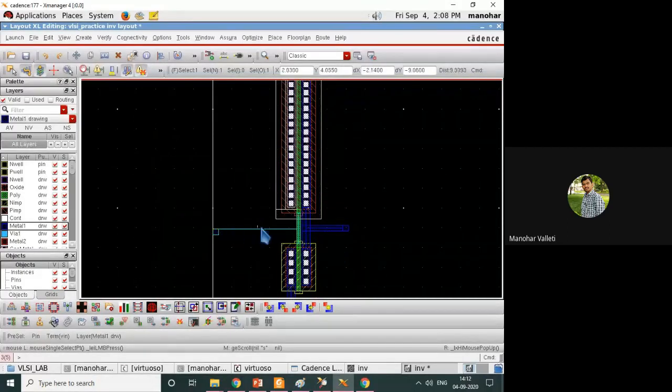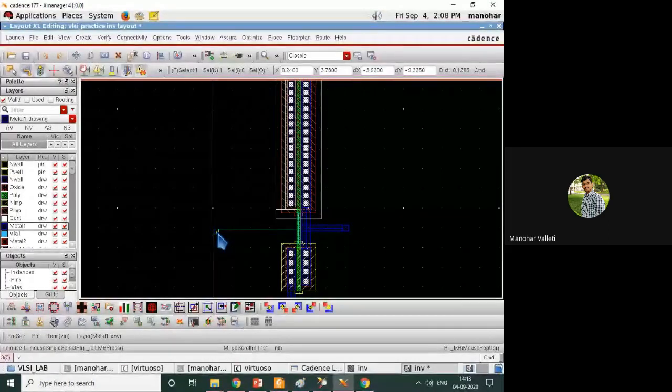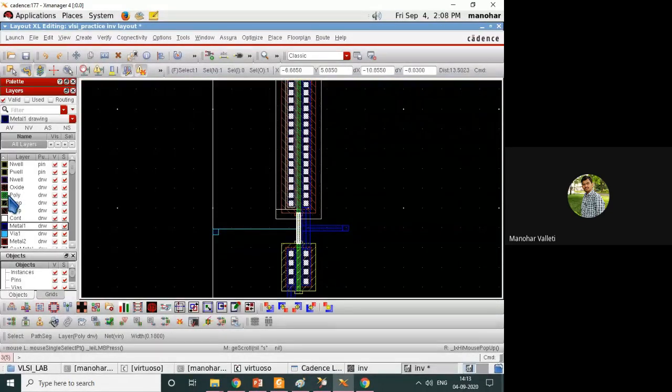The only thing left is the input, and you just see here the connection from input to the gate. You just observe the gate is polysilicon, right? The material you can observe: see metal one, this color, light blue color, is metal one, but this yellow color, if you select the yellow color, that is polysilicon, right?